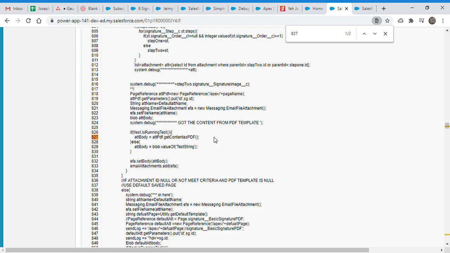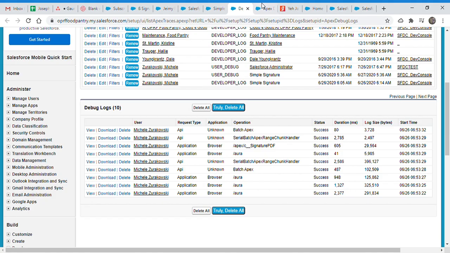It cannot be used in a test method because technically it calls the Salesforce API. That was the reason we were using either batch or the controller on the page to process the signature. This time I'm not sure why it is happening, but you can see this is working fine.